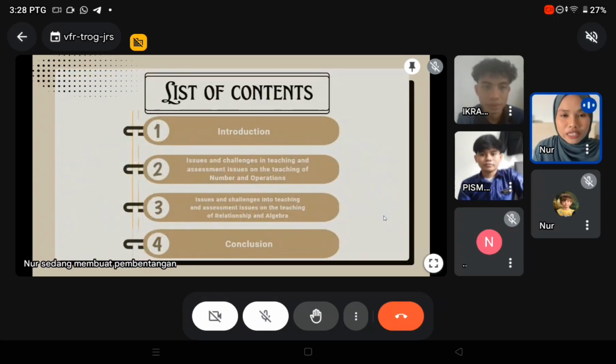So firstly, this is our list of contents, which is introduction, issues and challenges in teaching and assessment, issues on the teaching of number and operation, also the relationship and algebra, and lastly is conclusion. So the first issue,